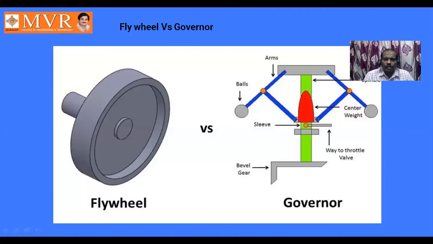So up to now we have seen the construction of the governor. And from the past 6 classes I am saying what is the function of a governor. When the speed is increased, the throttle valve tries to reduce the supply of fuel, thereby the sleeve is going to fall.